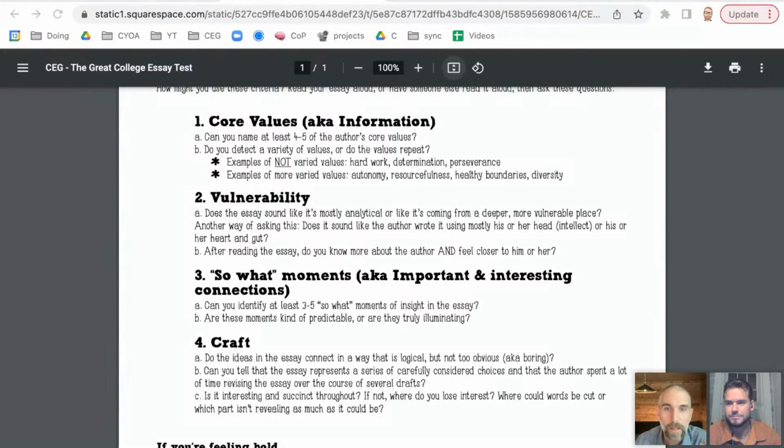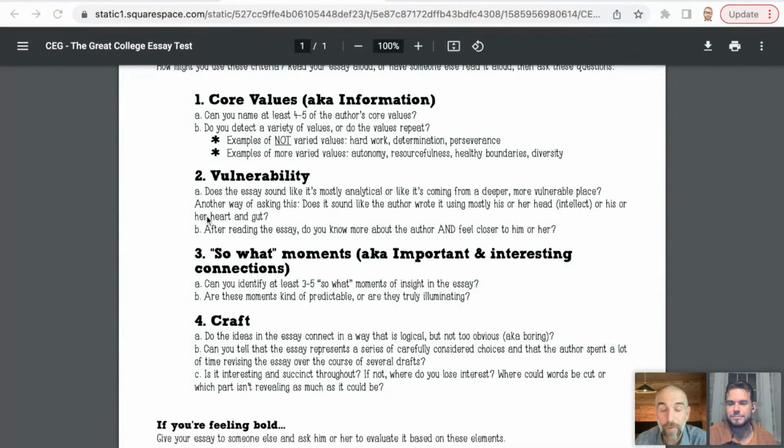For example, in terms of so what moments, do I have moments that actually are revealing new information or that could potentially surprise the reader? And then craft, is it clear that I've revised this over several drafts? If you can answer yes for sure to all those, then I would say your personal statement is done or getting close to done. If you're doubting that and you feel like,